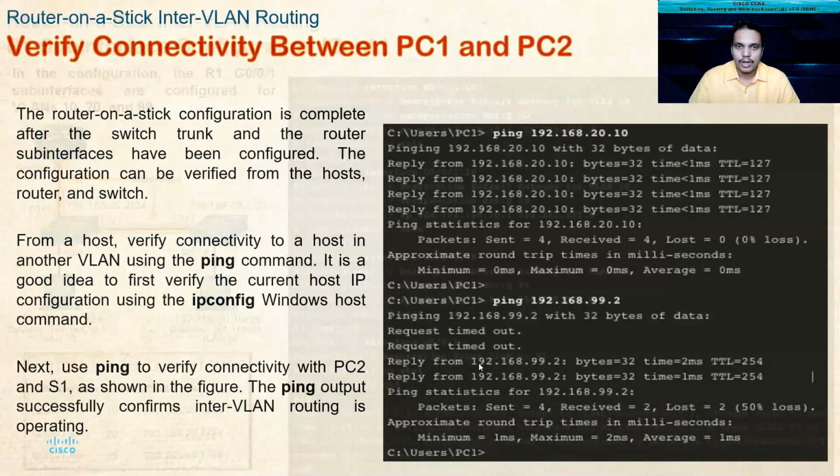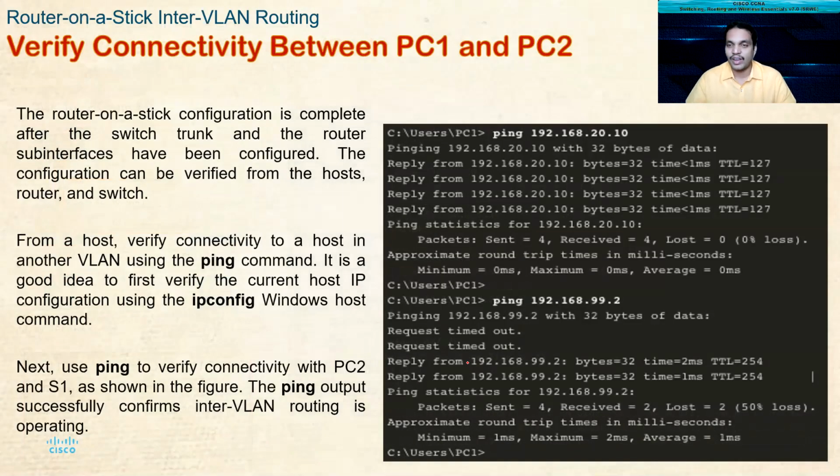Okay. Now, once you do this, you need to verify whether you did it in the right way or not by verifying the connectivity. The best way to do it is ping all devices, check it out. And if ping fails, always use the ipconfig command also to verify whether the IP address configuration is done without any errors or not. Usually people make mistakes when assigning the IP addresses to the subinterfaces. So please check it out. This is how you perform inter-VLAN routing through router on a stick configuration.